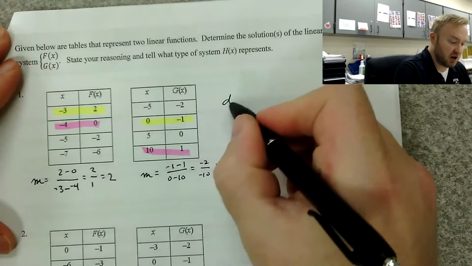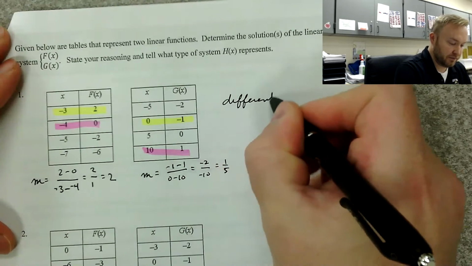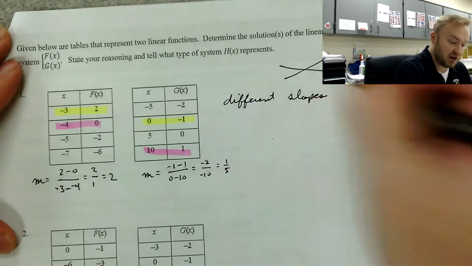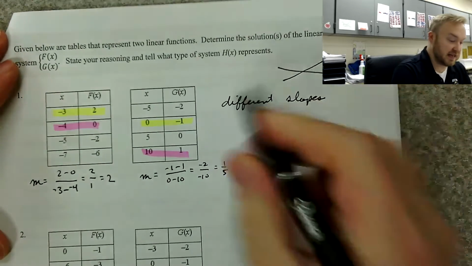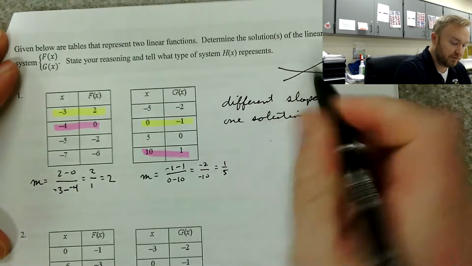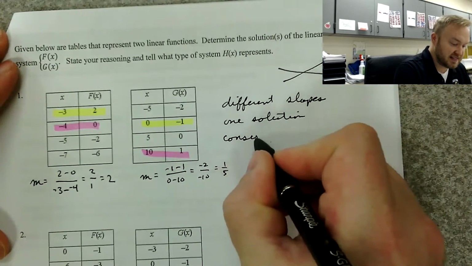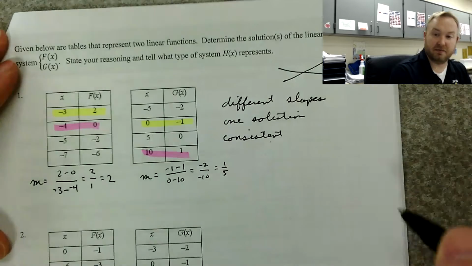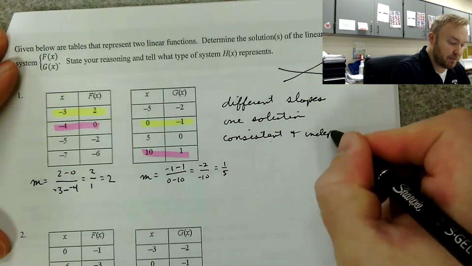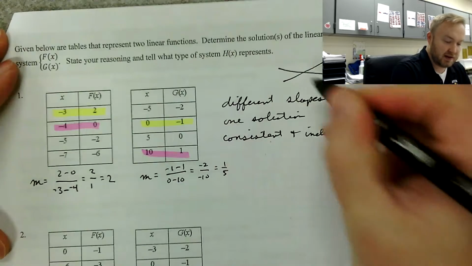These slopes are different. If the slopes are different, the lines must intersect. There is one solution. This is a consistent system because the lines aren't parallel, and it is independent because there's